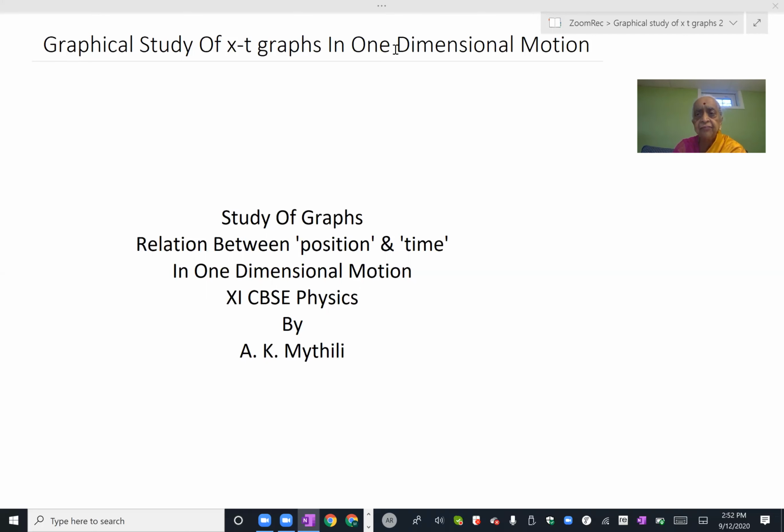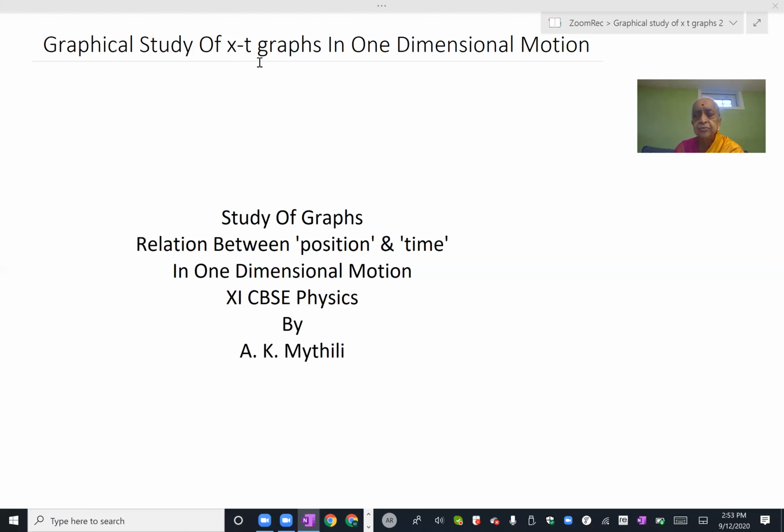Now, our graph here is to study between x and t, where x is the position and t is the time during which you are taking the position. What is the meaning of position? Position is the distance of the body from a common chosen origin for the entire observation. You have a certain origin of position. With respect to that, how far it is. Even at start, it may be, say, 5 meters away from the origin along the line of motion in that one dimensional motion in that direction.